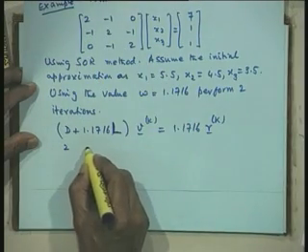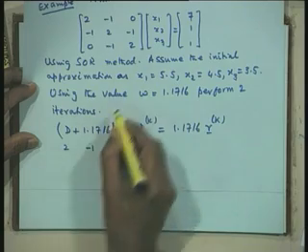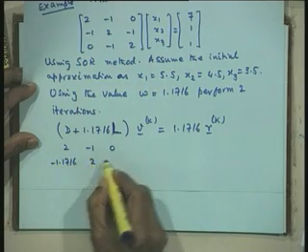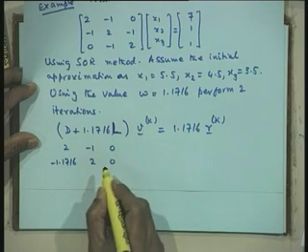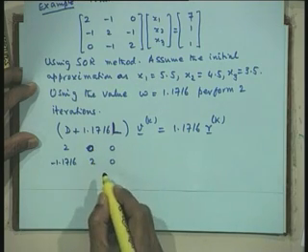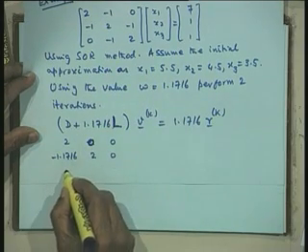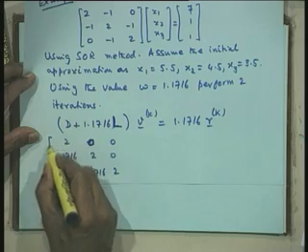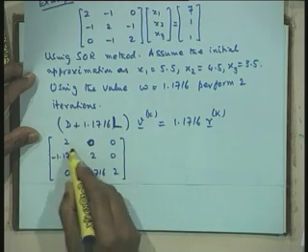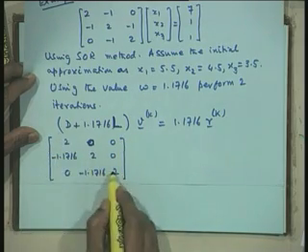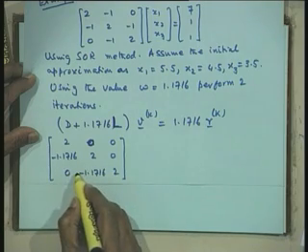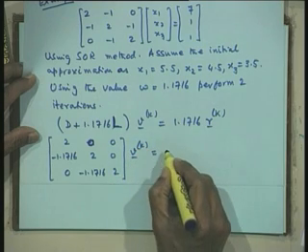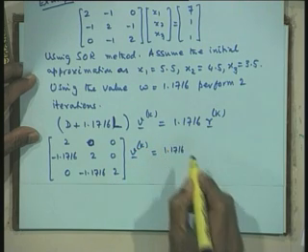I can write down the rows (2, -1, 0), (-1.1716, 2, 0)... I am multiplying this by ω, therefore (0, -1.1716, 2). This is our D + ωL. This is our diagonal part, this is the part ω times the lower triangular part, that is D + ωL. V_k is equal to 1.1716 times...